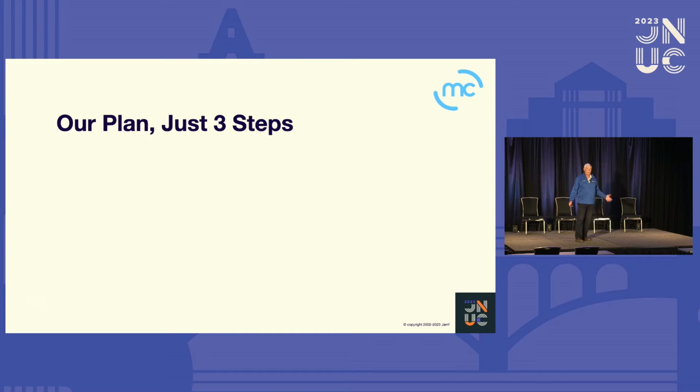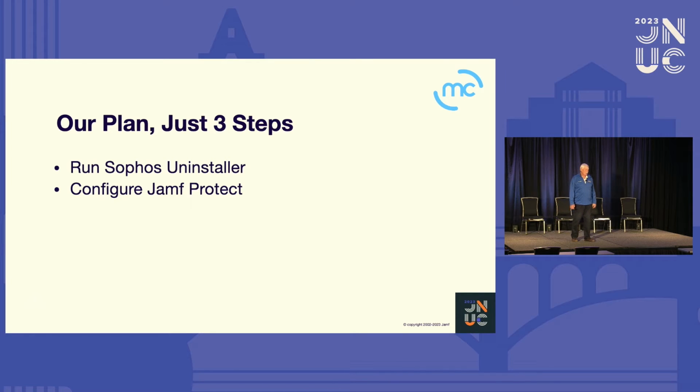So we're going, okay, I came back from JNUC. I told my compatriots, oh, this is great. We're going to deploy this. And I sold the customer on changing over from Sophos to Jamf Protect because it's going to be so much better. Okay, so we want to deploy it. So, okay, we'll just run that Sophos uninstaller, package it up and set it out, configure Jamf Pro, and deploy